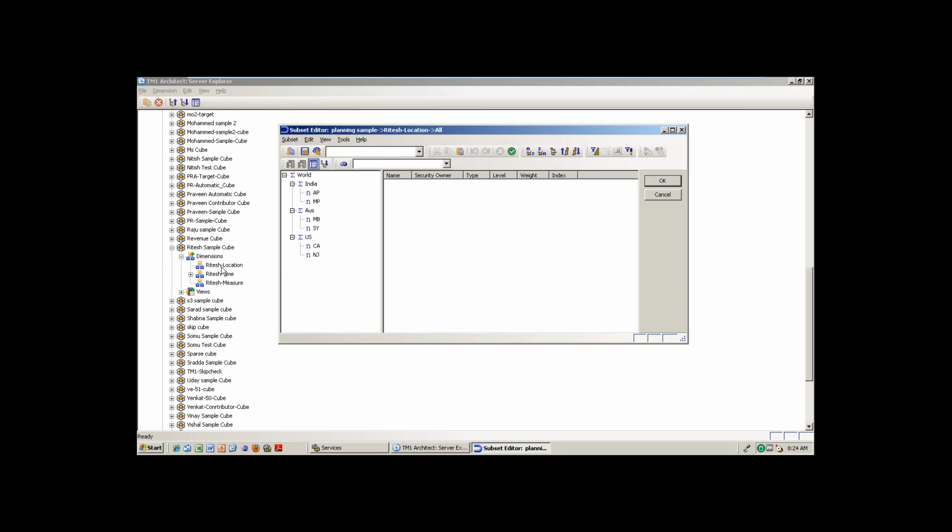Whenever you double click a particular dimension, it will open in the subset editor. Remember, it's not the dimension editor. In a subset editor, even if I remove something, it doesn't matter. It is not deleting from the dimension structure. You are just hiding it.